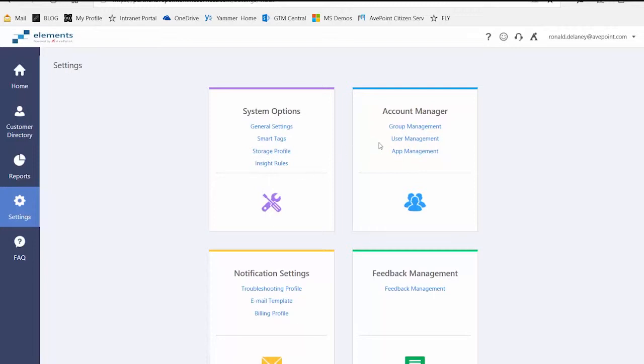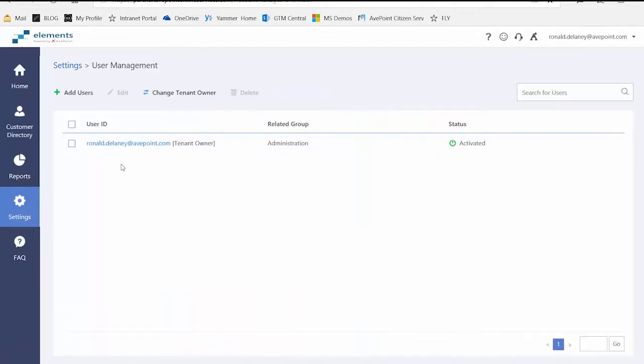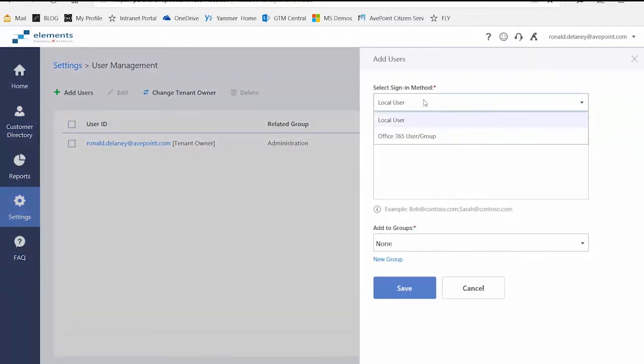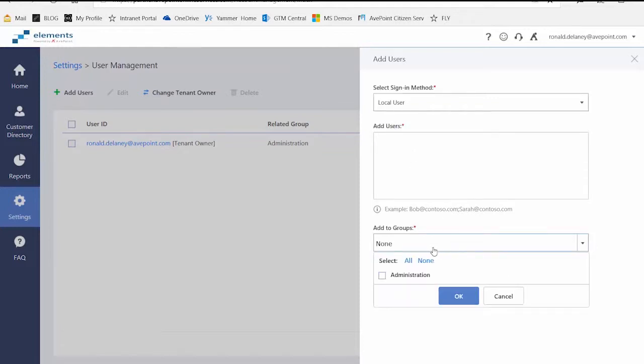Under Account Manager is where you could add additional users. So if I go into User Management, you can see right now I only have the one user, but I could click Add Users and add either a local user, which would only exist here in AvePoint Online Services for Partners, or pull someone in from my Office 365 tenant. Whichever I decided to go with, I would then want to add that person to a group, and if you don't want them to have full control,